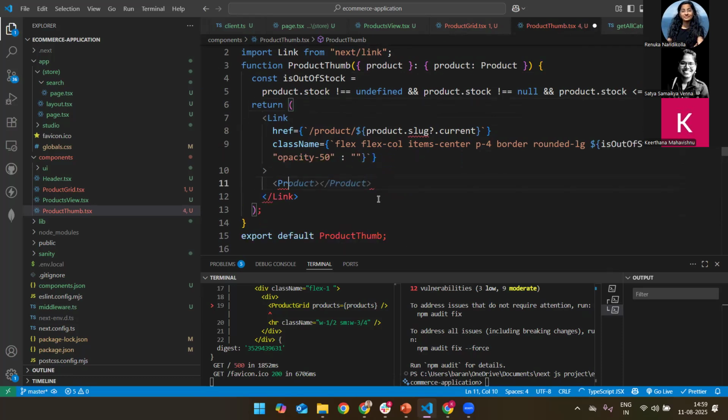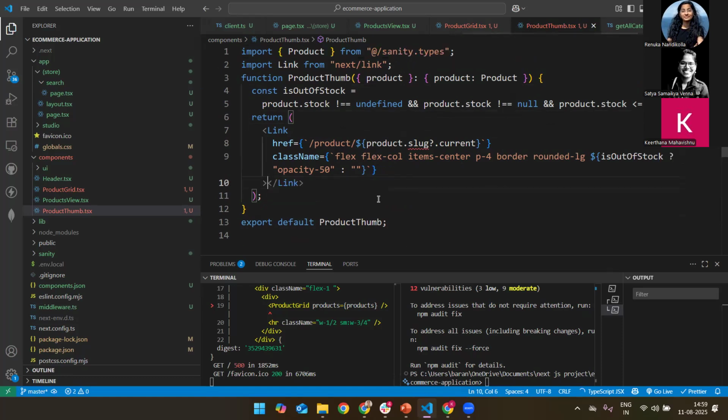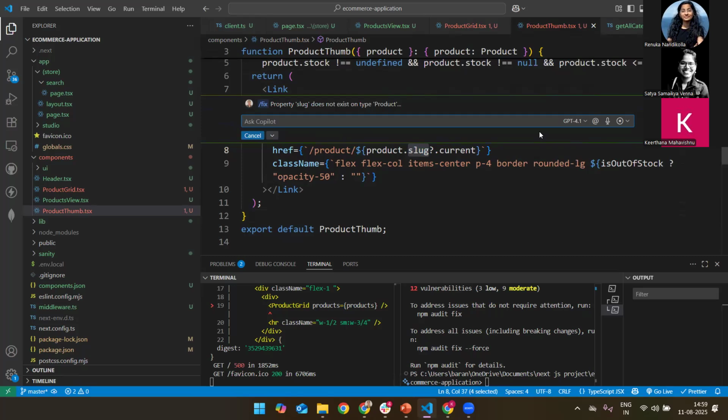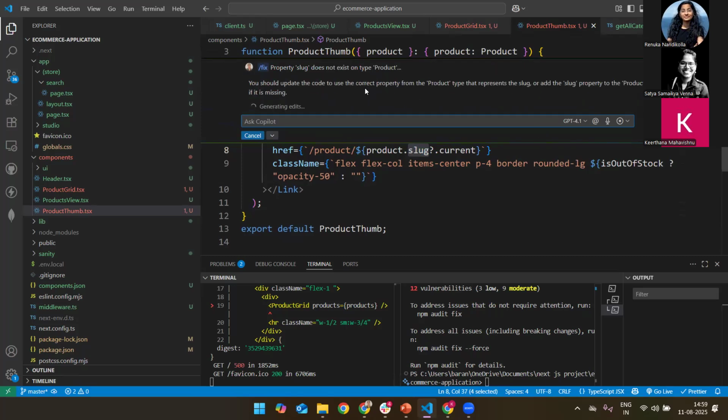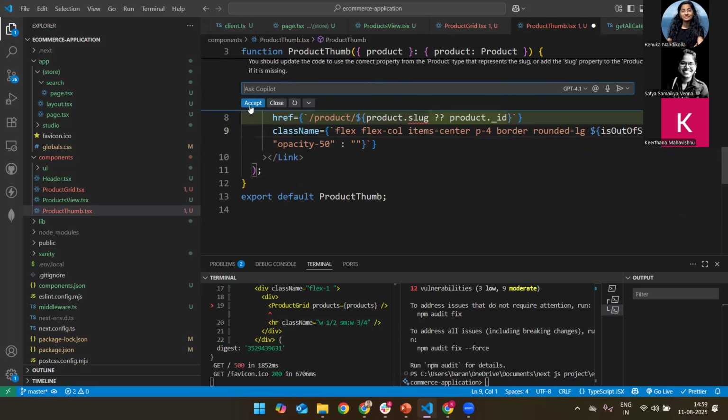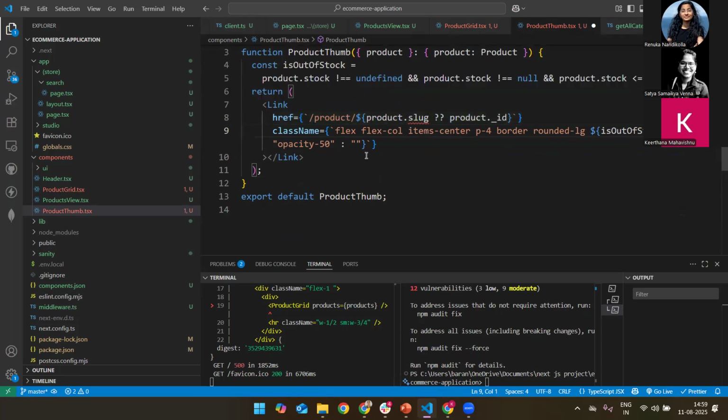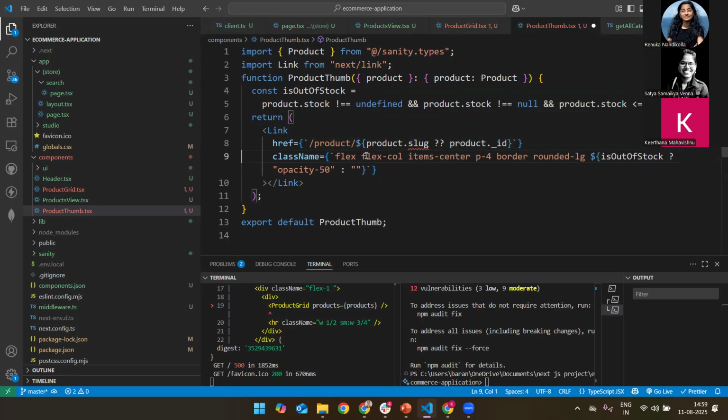Let's remove this product as well. But the slug is showing the error. So product.slug, if the slug is there, then yeah. Product.slug.current and